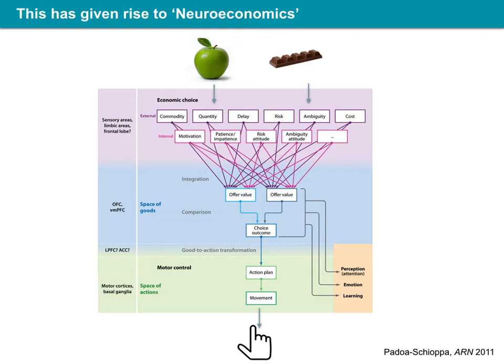And the idea would be that by taking these two things, which are really quite different from one another, one's an apple and one's a chocolate bar, and mapping them into this common space of how valuable they are, you can then compare them with some kind of common currency. So you can basically say, how much do I prefer eating a chocolate bar relative to eating an apple, for instance? And so by having explicit representations of those values, we can then compare the values of the different items and turn that into an action plan for what action we might want to make in order to commit to